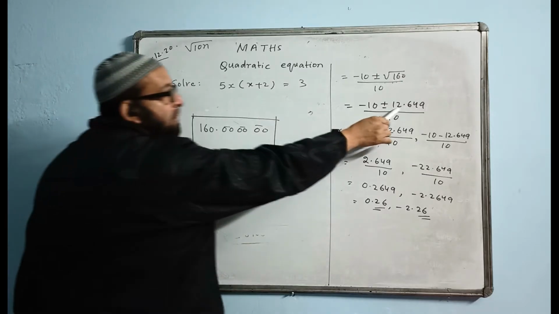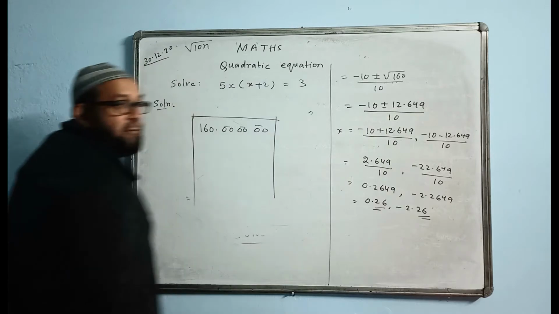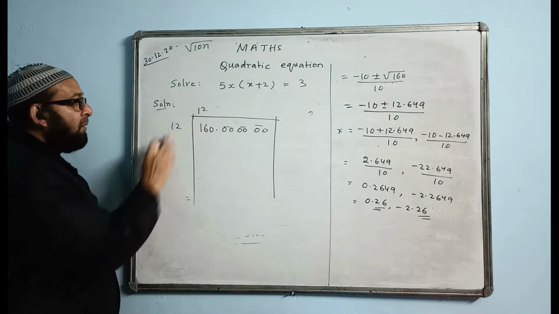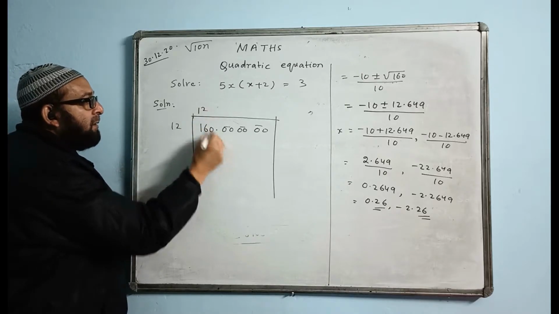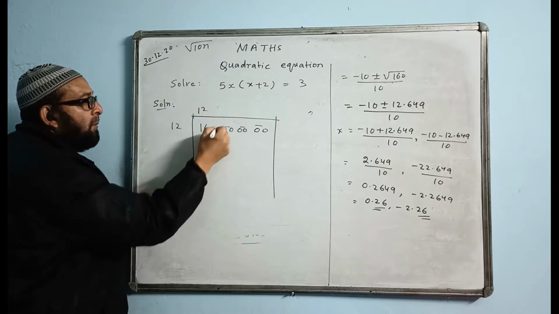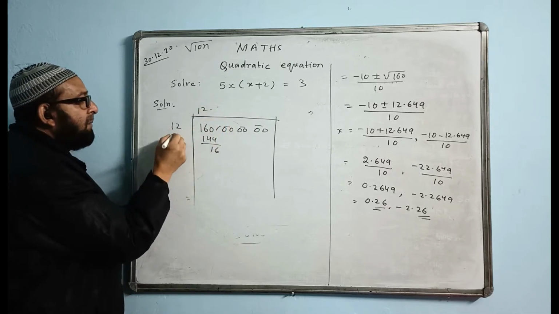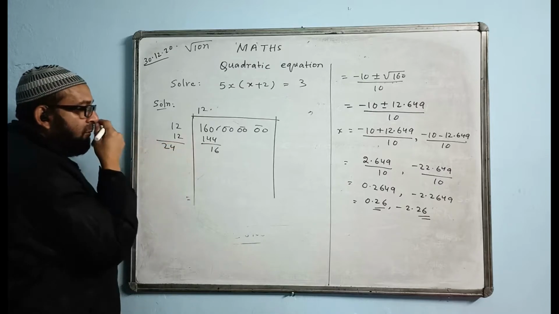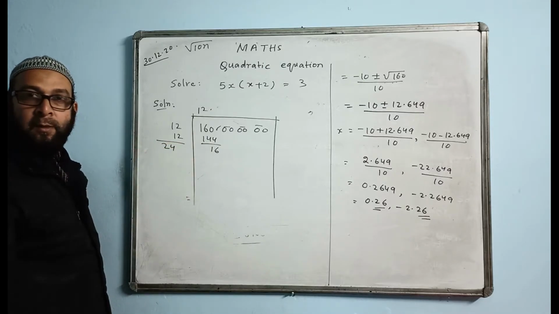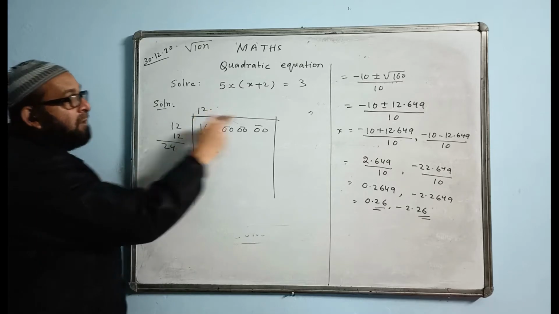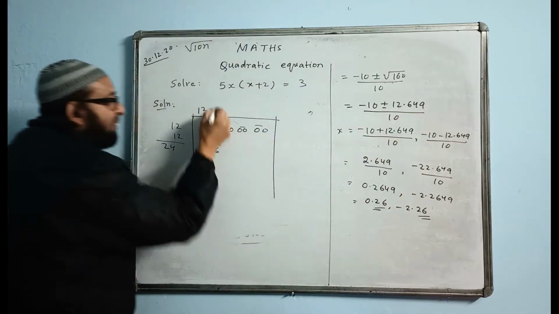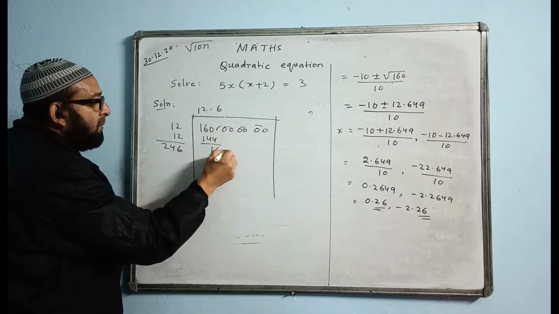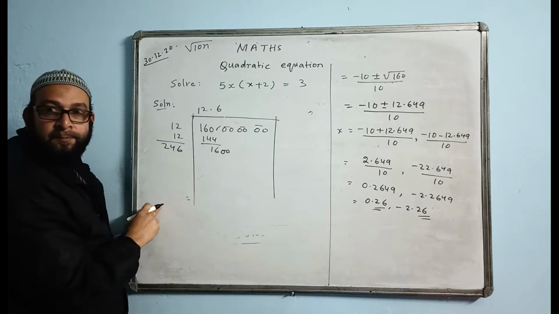What is the answer here? The first number is 12, so write 12 here and here also 12. 12 times 12 is 144. Subtract. The point will go and come here. The same number you write here: 12 added becomes 24. After 12 point, what is the next number? 6. You can add 6 over here, write 6. And these two zeros are copied together.